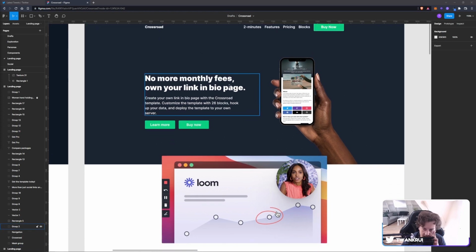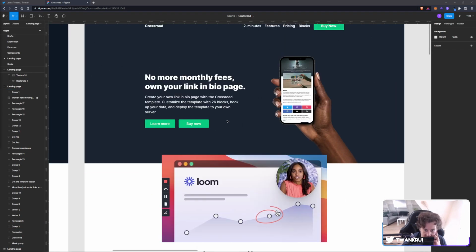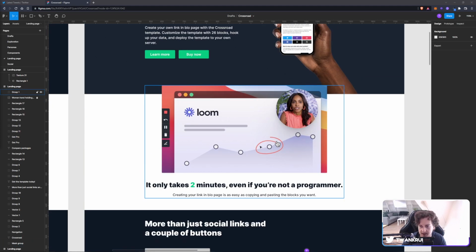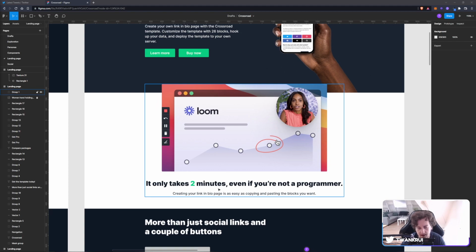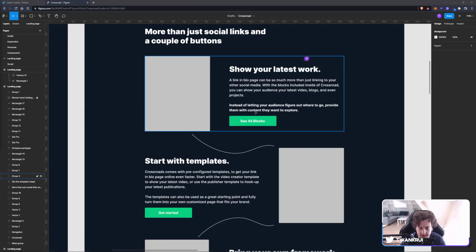So what we got here is a header with pretty okay copy, I think. And then we have the intro video to show people, okay, this is how easy it is to get up and running. I use this little Loom image to indicate that I need to shoot a Loom video. And I don't care if this 2 minutes becomes 5 or 7 minutes. As long as it's under 10 minutes, I'm happy. And the closer it is to 2 minutes, the happier I'm going to be. Well, then we have the